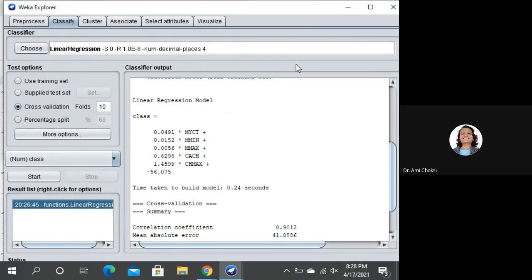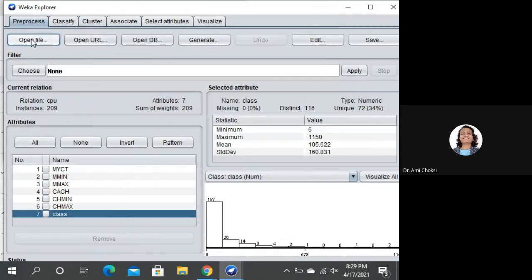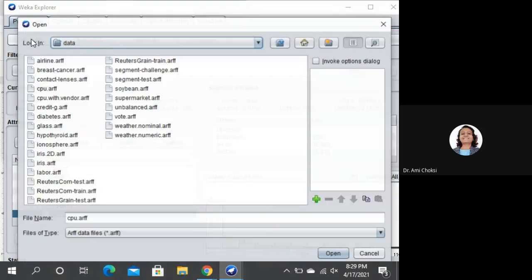But I told you that I'll show you by choosing a data file wherein we have non-numeric data. So what happens? Let me show you that. Let us go to Preprocess, because from here we can choose the file. So open file.